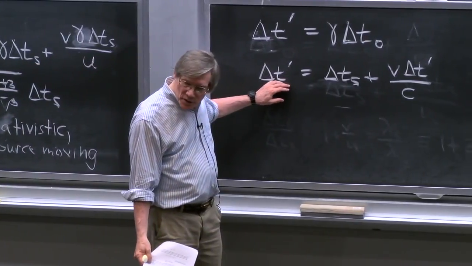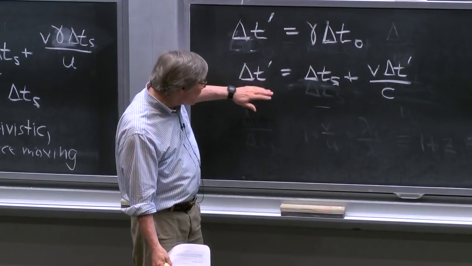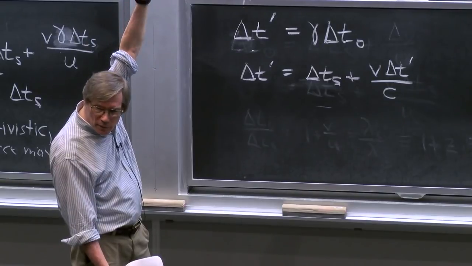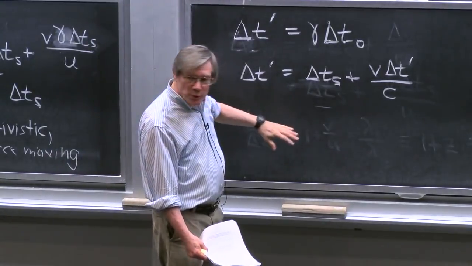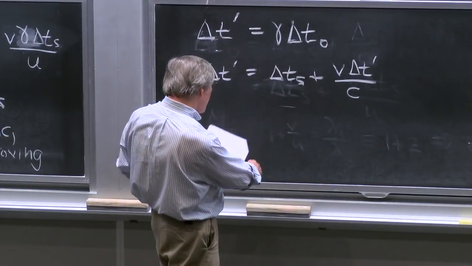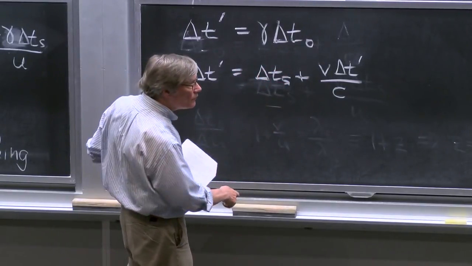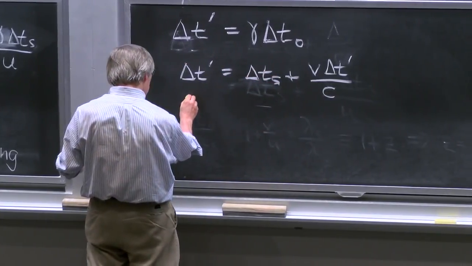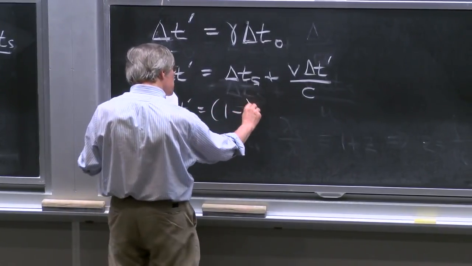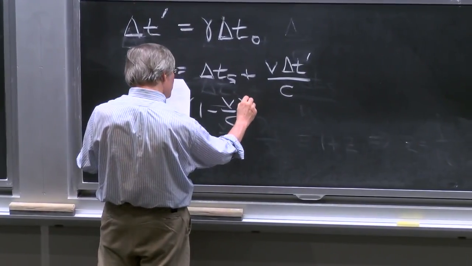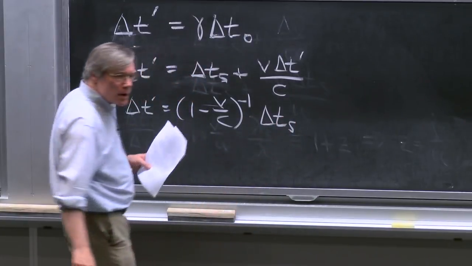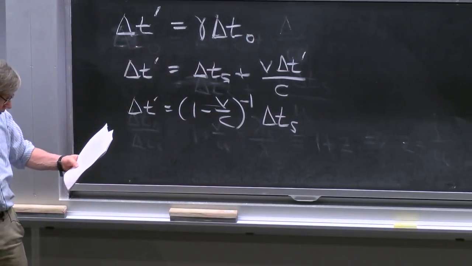So this is the basic equation for the time delay as we would see it in our frame, where delta t sub prime is the time between the receipt of the first and second crests, the time between frames 3 and 4, as we would measure it. And now we can do the same thing that we did over there, first for delta t sub prime, and we discover that delta t sub prime can be written as (1 minus v over c) inverse, just doing algebra on this equation, times delta t sub s. So that equation relates delta t sub prime to delta t sub s.